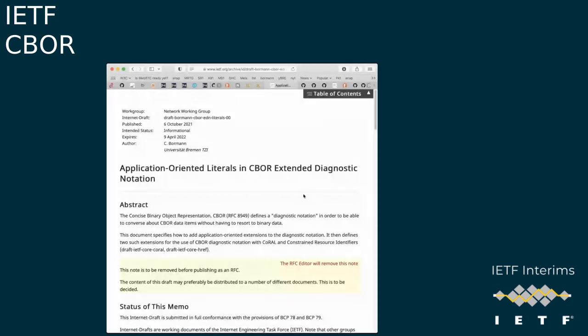Okay, so this is essentially the content that we should be discussing. We just don't know where that content will go. I just wrote a single draft, so for a while we can discuss it in one piece. But of course, this has dependencies on things that would probably suggest moving some of this to the place where the dependency is. So basically, we talked about having application-oriented literals